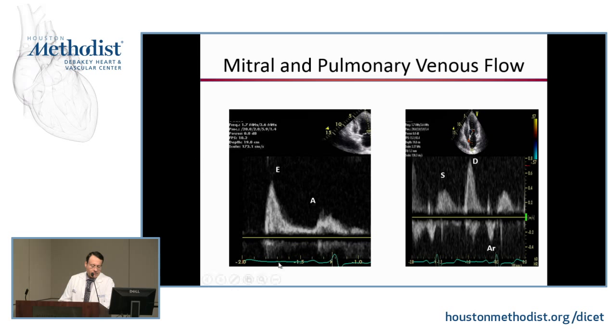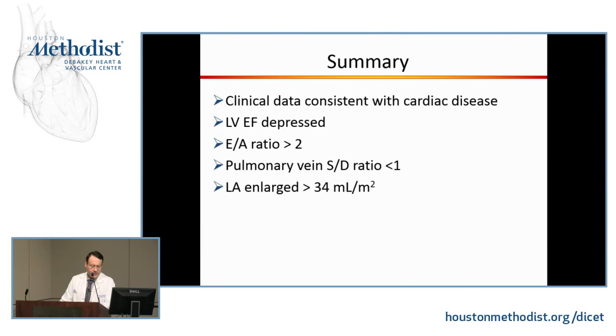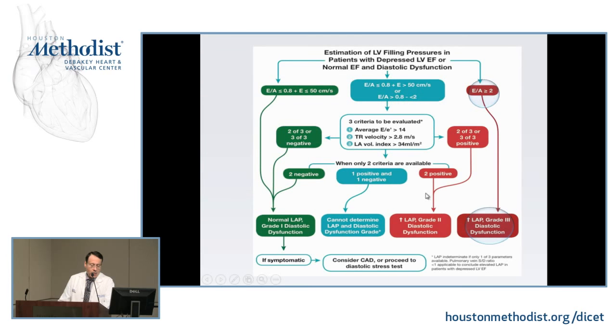How about the mitral inflow? A very high E, a very small A. If you look at the pulmonary veins, predominant flow in diastole and an atrial reversal that is more prominent compared to the mitral A. So clinical data points to cardiac disease, EF depressed, E to A ratio more than 2, pulmonary vein systolic to diastolic ratio, the velocity time integral is less than 1, and a big left atrium. And now we are in this box, E to A ratio 2 or above, and that is grade 3 diastolic